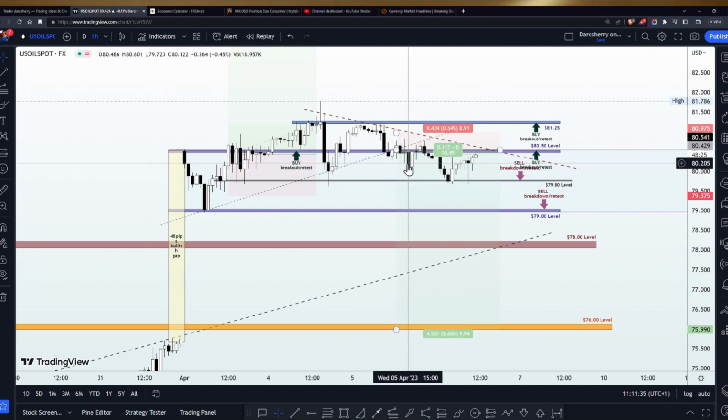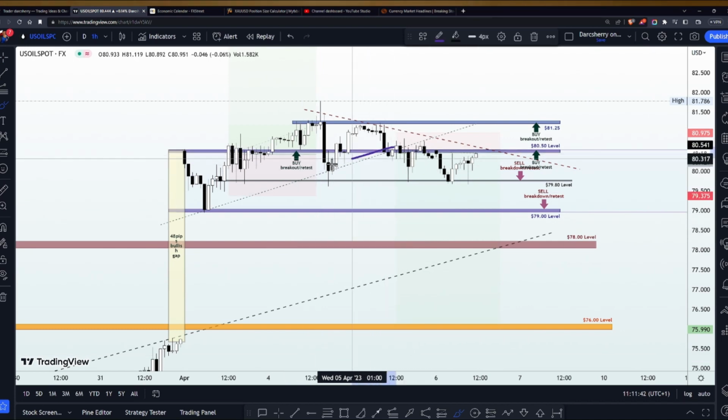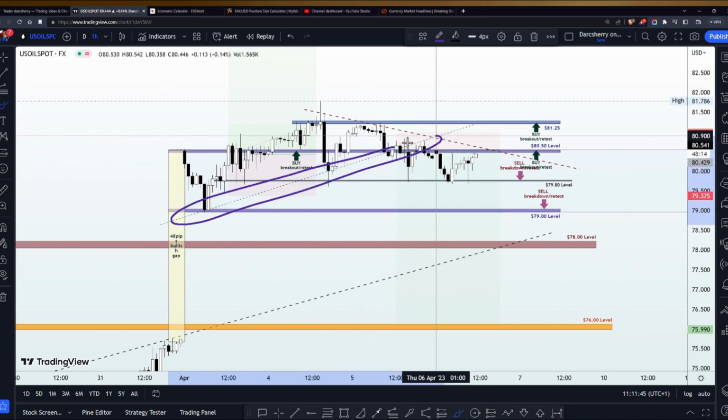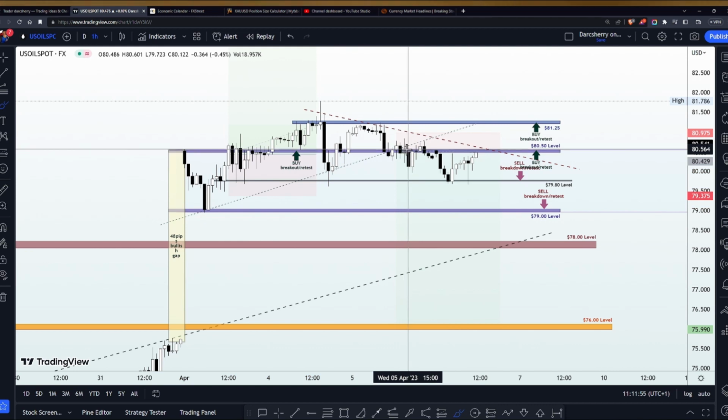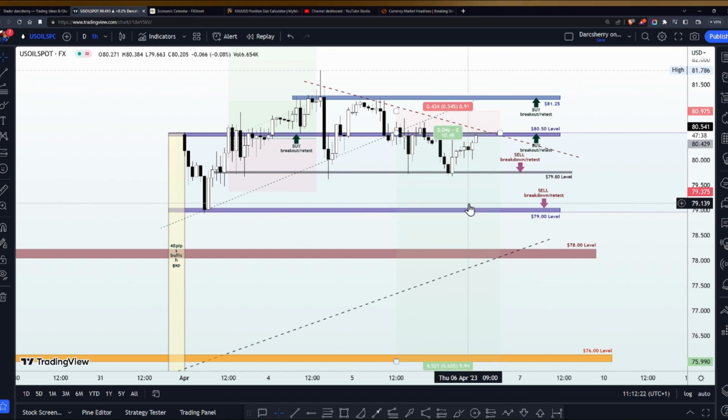Well, during the live session yesterday, we were looking out for selling opportunities, and we said if price action breaks down the bullish trend line, which has been supporting this momentum since the beginning of the week, then definitely we shall be looking out for a selling opportunity. And we saw that breakdown happen during the live session yesterday, and since then price action has been trading below the $80.50 level, and we saw price action move about 80 pips in our direction before we saw this bullish momentum begin again. At this point in time, I hope you moved your stop loss accordingly to secure the sell position, and if you had done that, you would have been taken out of that position at worst case scenario